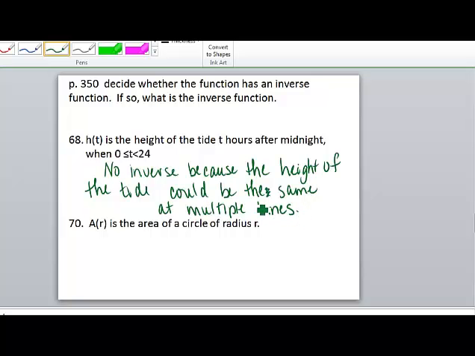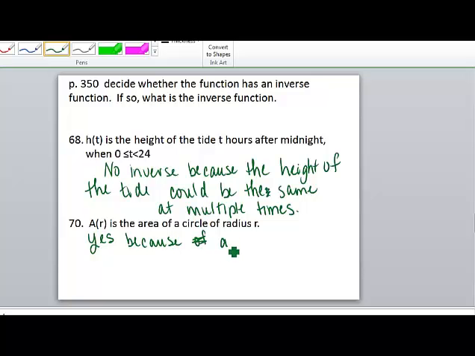The second one says that we have A of R, the area of the circle of radius R, and so we want to know if this is 1 to 1. So if we start thinking about what's going on, if the radius increases, the area is also always increasing, so there's a specific area for each radius. So the answer to this is yes, because